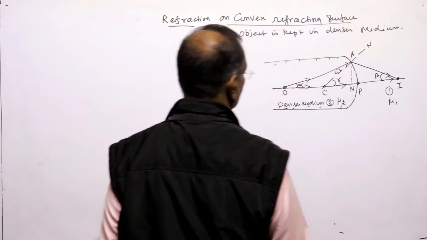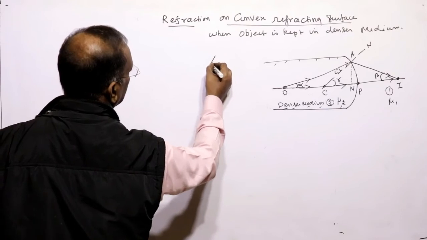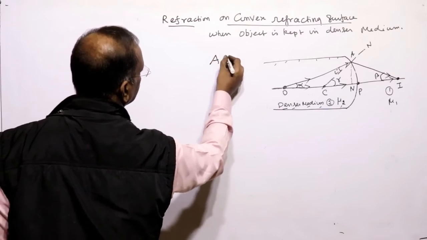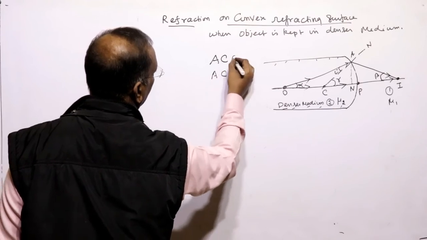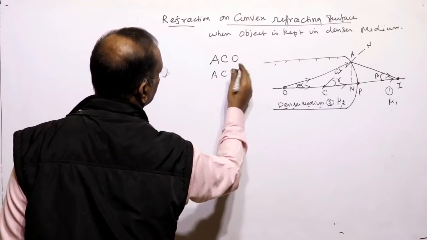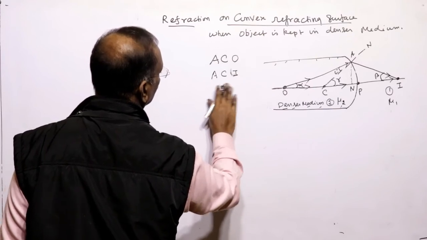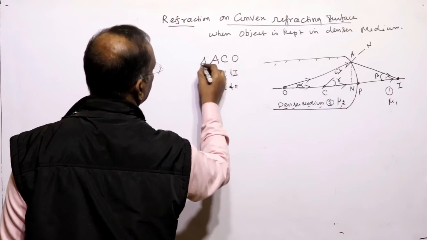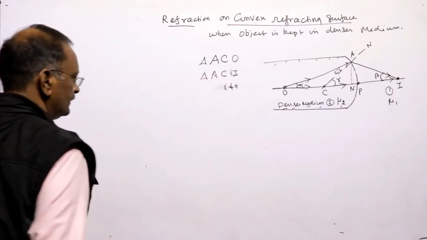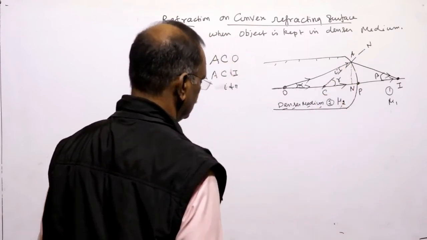So for finding alpha, we first see point A and the center of curvature, with the object and the image. This is to find I and R. So this is triangle ACO. In ACO,